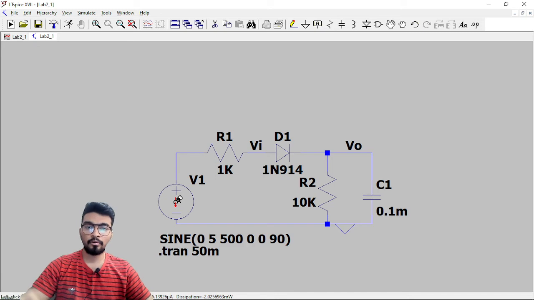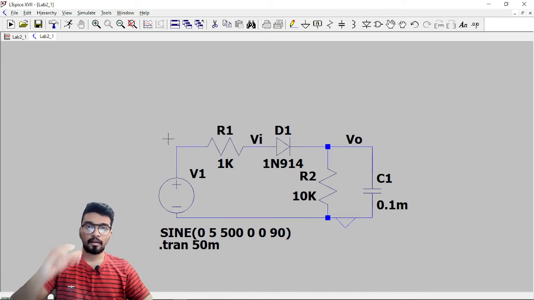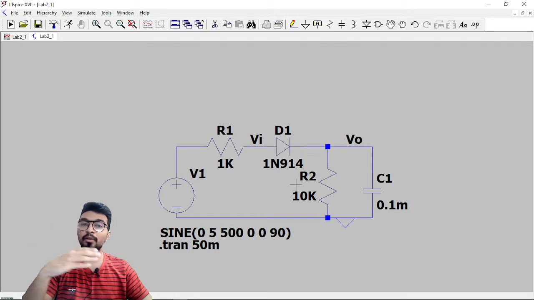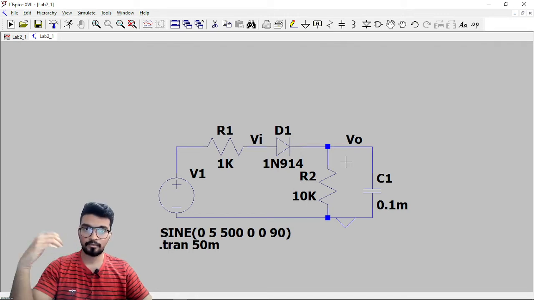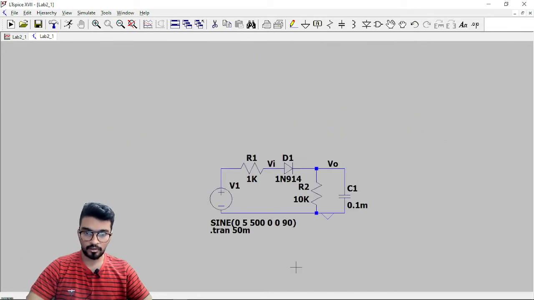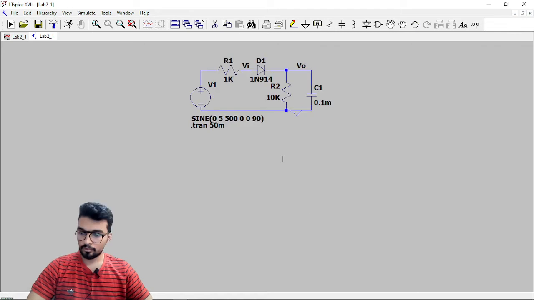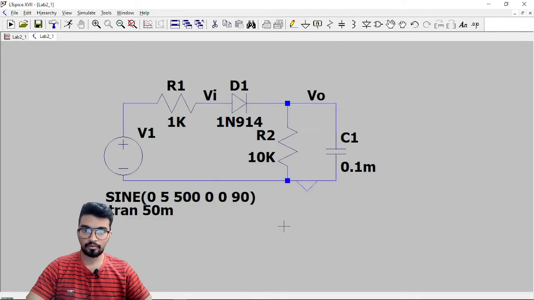Okay, so you can do that manually by changing the value of R, C, and getting different values at the output. But if you do not want that, if you want to check the values simultaneously, then you can use param. Yep. So I will just move it here. I will explain this one by one so you can understand.